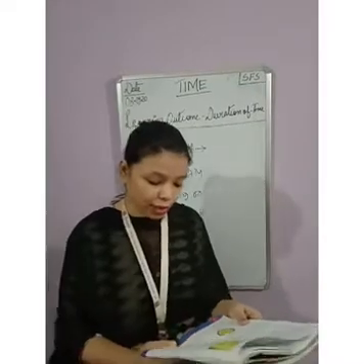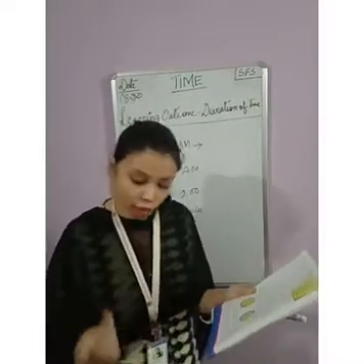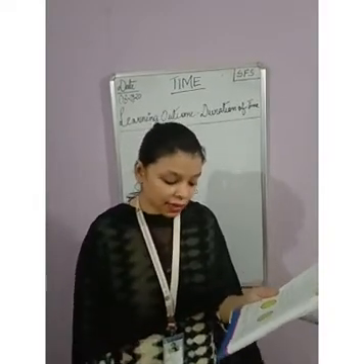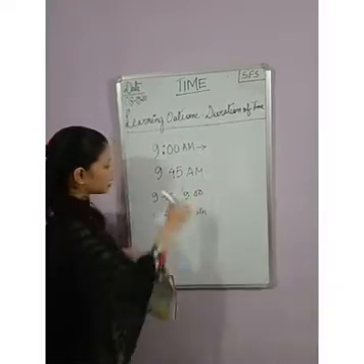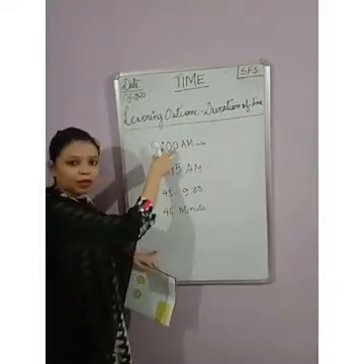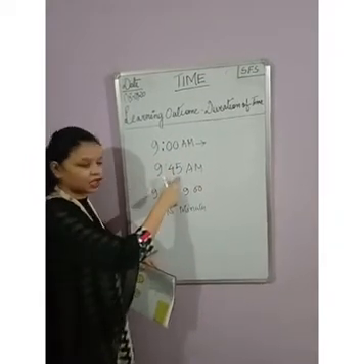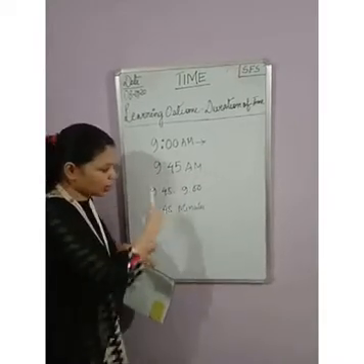The time between two given times is called the length of time, time duration, or time interval. It is given by the difference of end time and start time. So this is end time and this is start time. You started from your home at 9 o'clock in the morning and reached the mall at 9:45 AM. So how do we find out the difference?